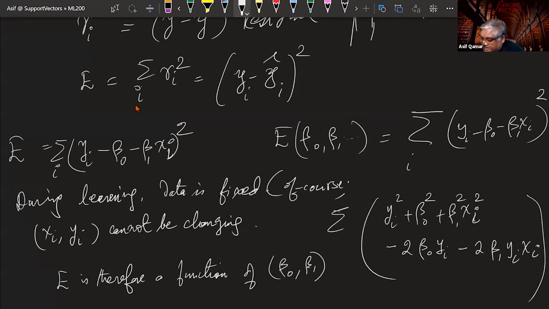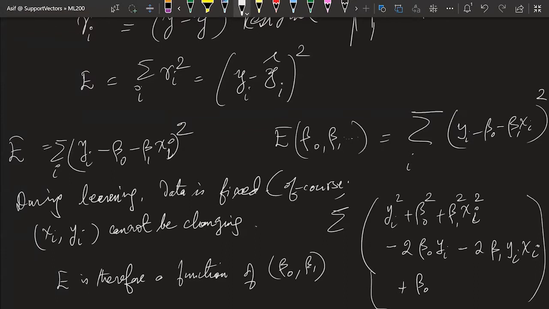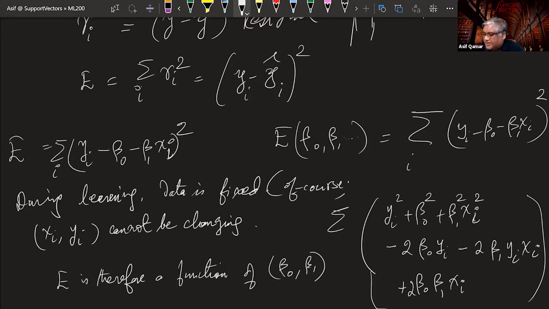And what else is there? We missed one more term. Plus 2 beta naught beta 1 xi. So guys, if you look at this equation,